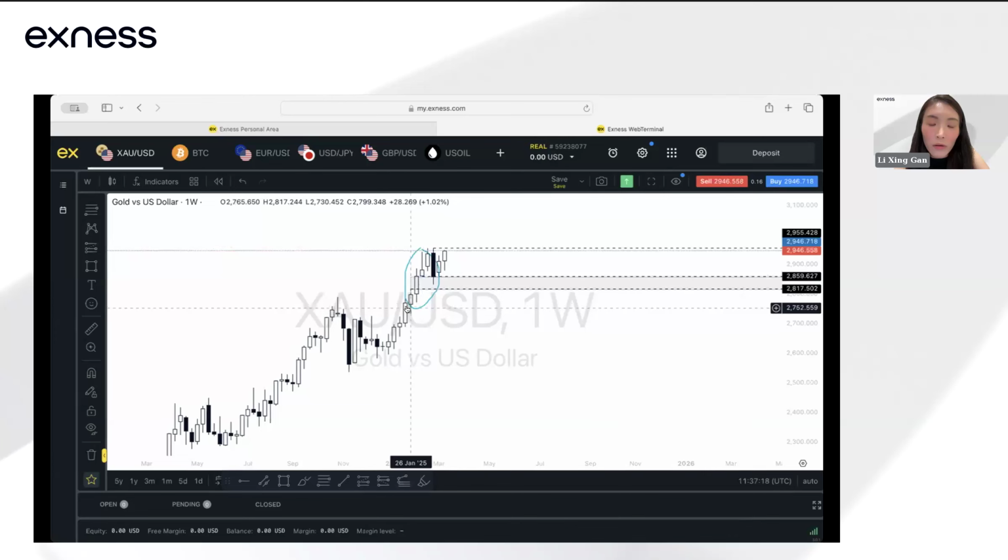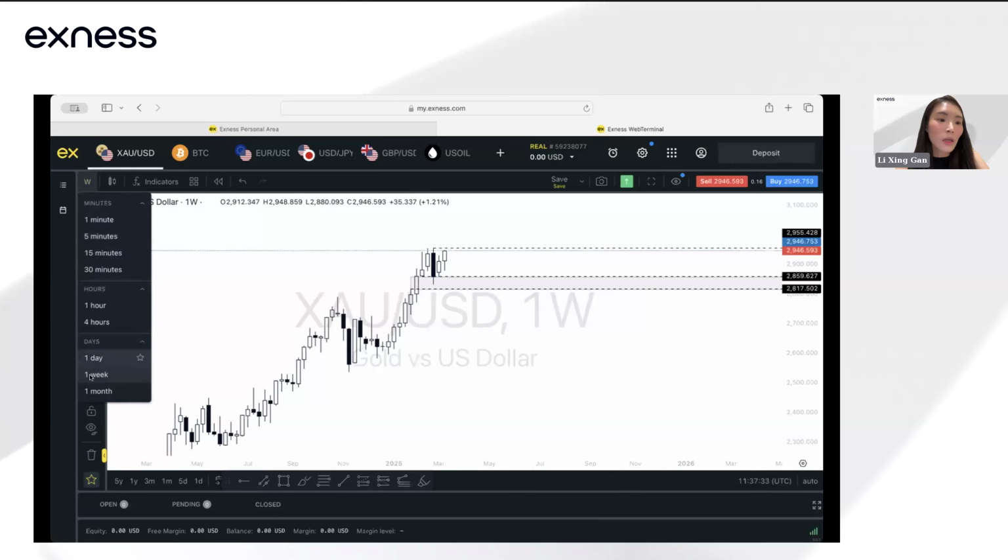And observe that when there is a strong move to the upside, creating some kind of imbalance, price pushes back down, fills the gap again before it continues higher. So that's on the weekly time frame. You can see this demand area here, right? And currently it is pushing back into testing these recent highs. If you move to the daily time frame,